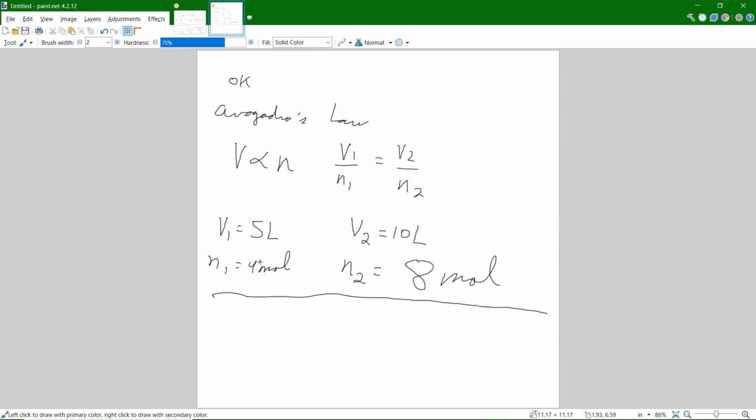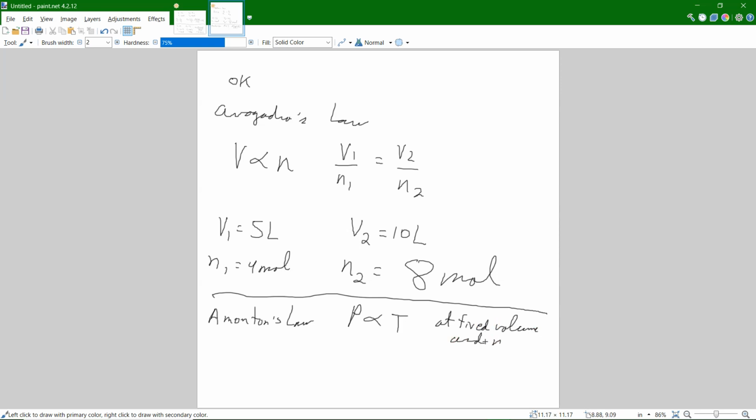so that's another one. Another law that the book doesn't mention so much, but explicitly is Amontons' law, which is pressure is proportional to temperature. So the greater the temperature, the greater the pressure. And this is again at fixed volume